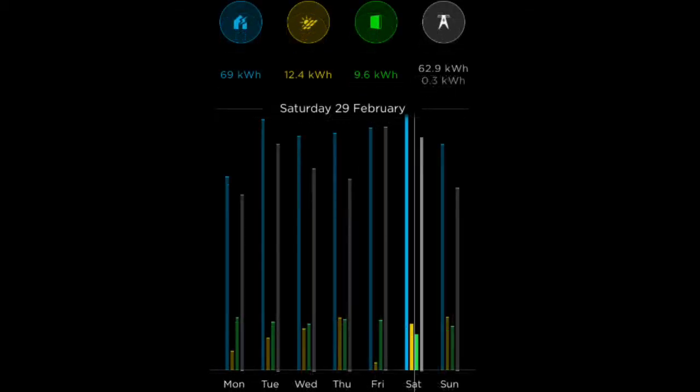On Saturday the 29th of Feb, we pulled 62.9 kilowatt hours from the grid and 0.3 going back. We only got 9.6 from the Powerwall, so that's the least we got from the Powerwall all week. But this is generally because we produced quite a bit of solar at 12.4 kilowatt hours and 69 kilowatt hours